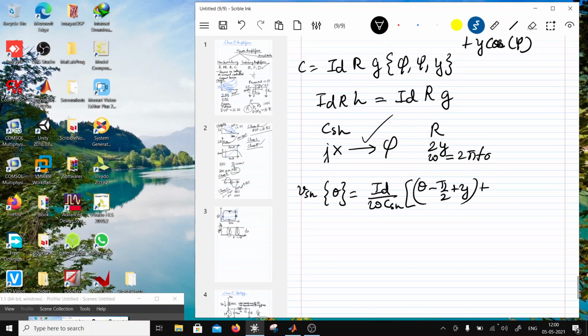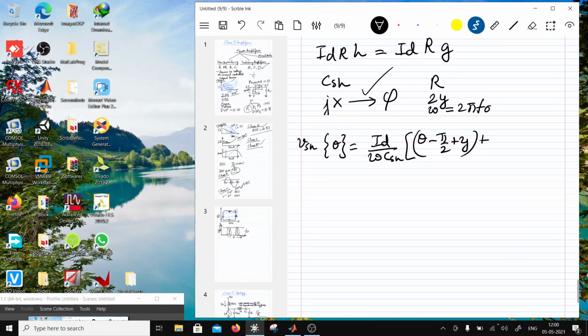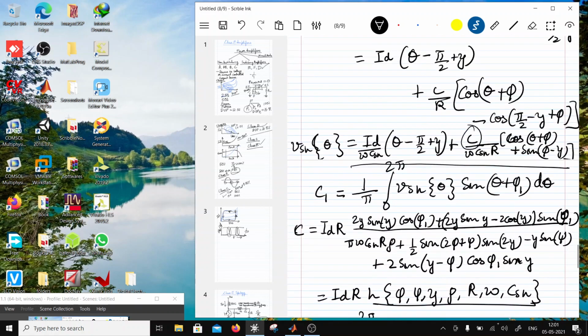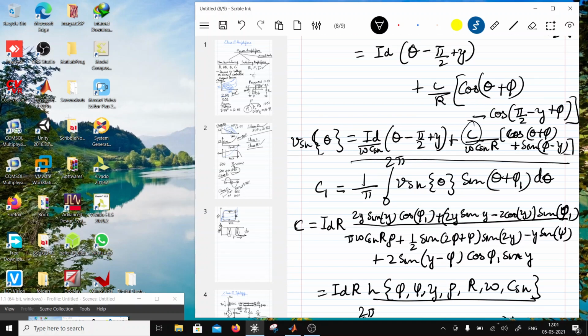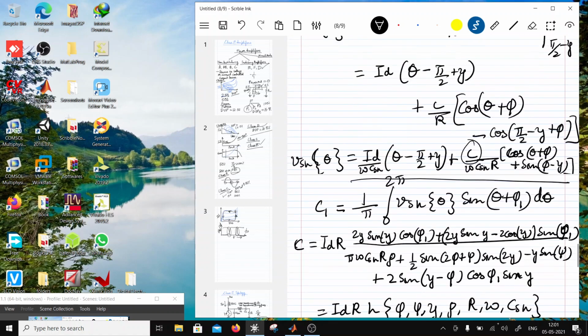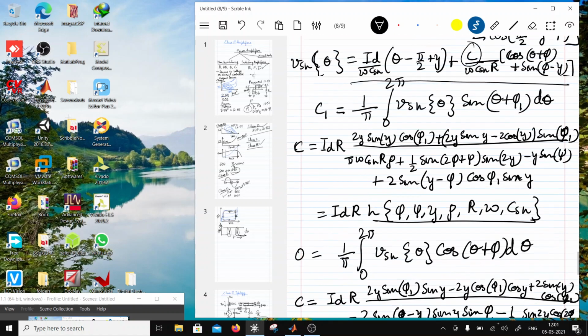And C is equal to I_D R G. And then I_D is outside, R G. So it will be, just one second, J C over omega C_SH R. There is no X here, right? Yeah, because